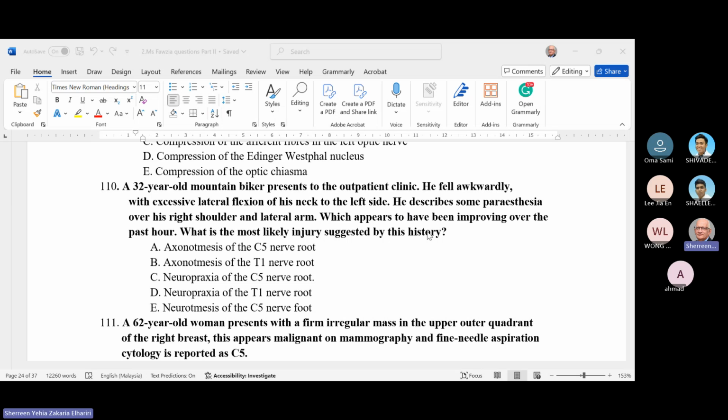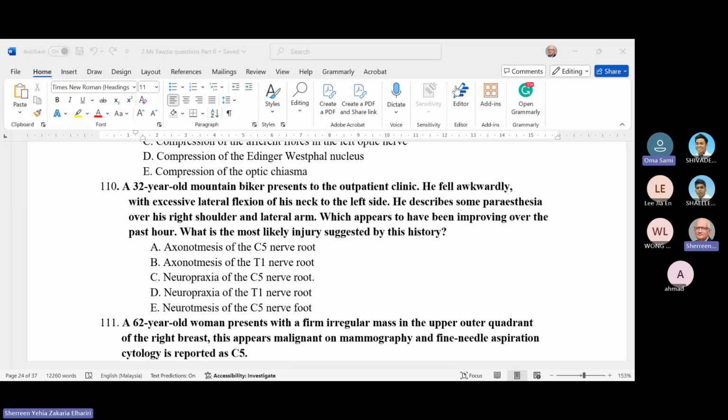Of course, this is something that improves. If something improves, it is not axonotmesis, not neurotmesis, not cutting of the nerve. It is just a compression of the nerve, what we call neuropraxia. So it can be C or D. So it is neuropraxia. But he mentioned it is the right shoulder and the lateral arm, which in some books,